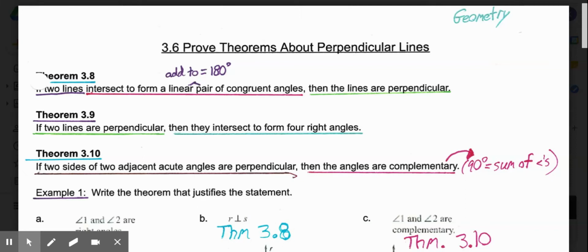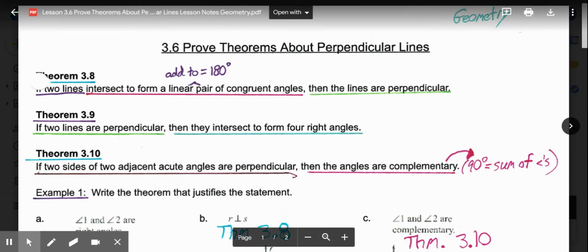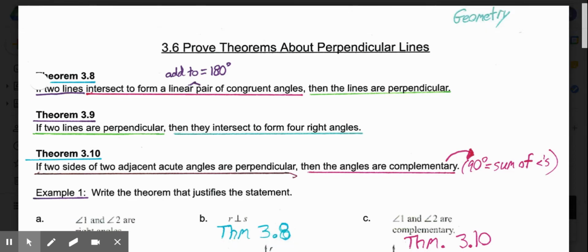Welcome to lesson 3.6, Prove theorems about perpendicular lines. So the first theorem that we're looking at in this lesson is theorem 3.8. And that theorem states if two lines intersect to form a linear pair of congruent angles, then the lines are